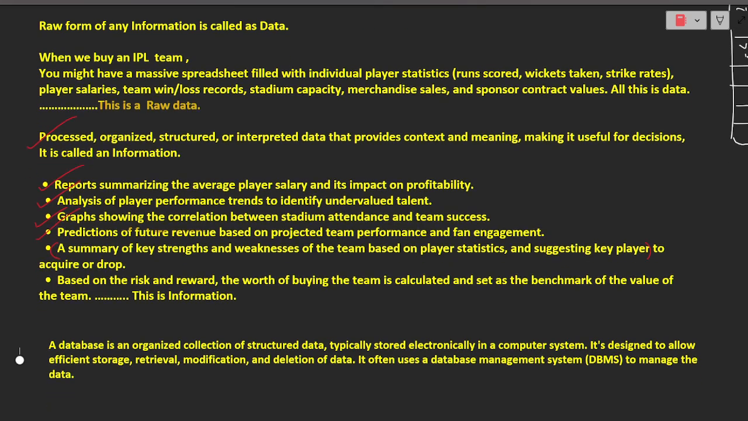Now let us understand another term, that is database. This is also an important term which you will usually get in your board examination. Let us understand it through the definition. First we will cover the definition, then we will go deeper. What does it say? After collecting the data,